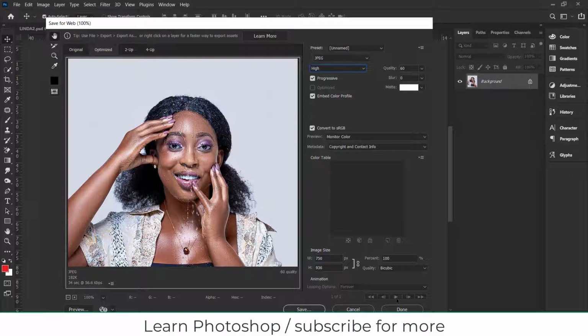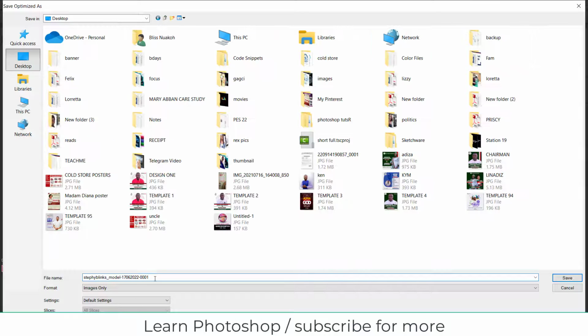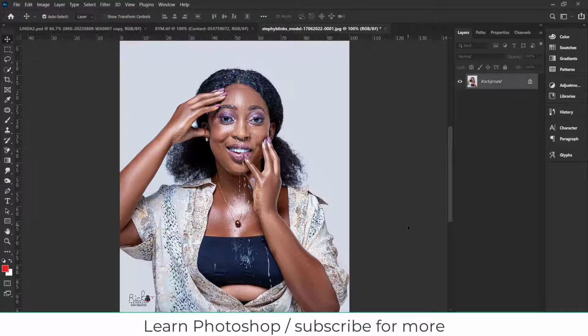From here I will save that. Let me save to my desktop. We call it web image. Then I'll save that. So that's the basic thing you need to do whenever you are saving any image for the web. But the bonus tip is that if the image